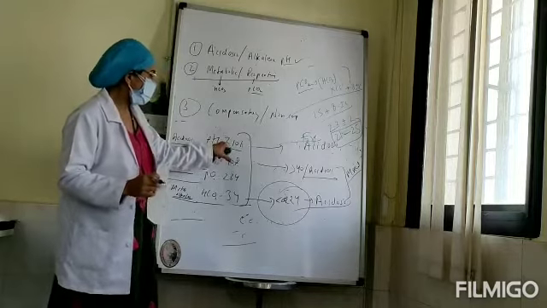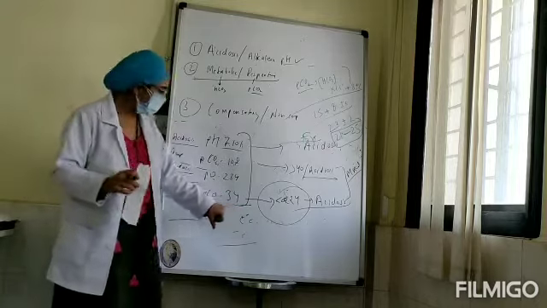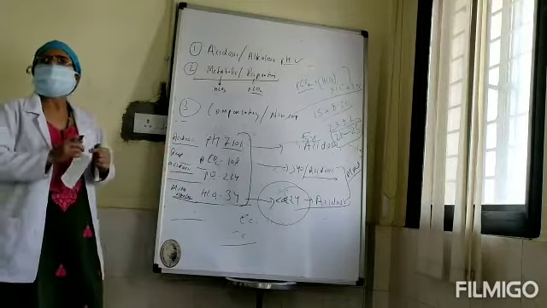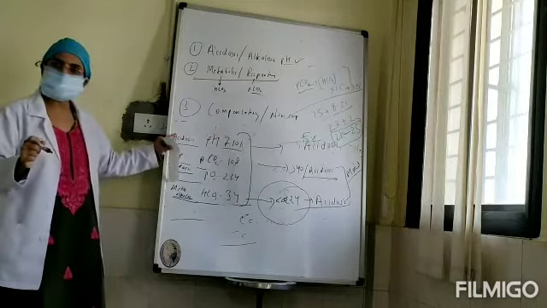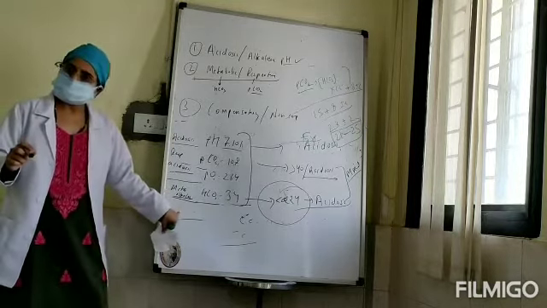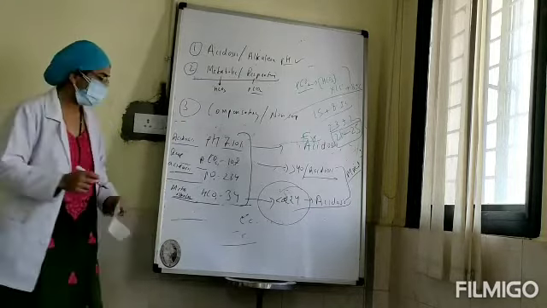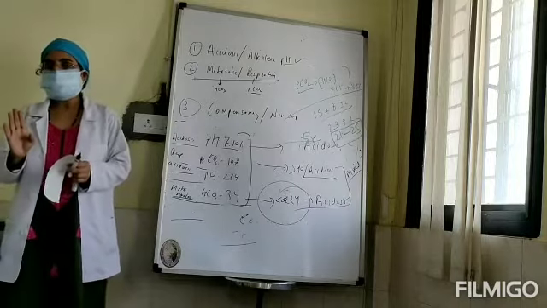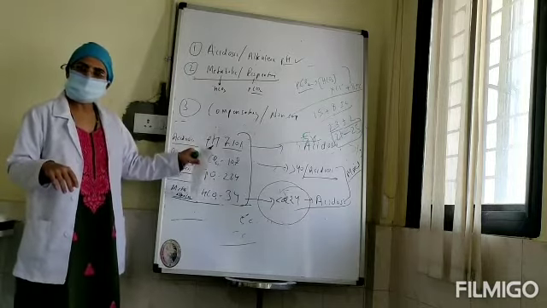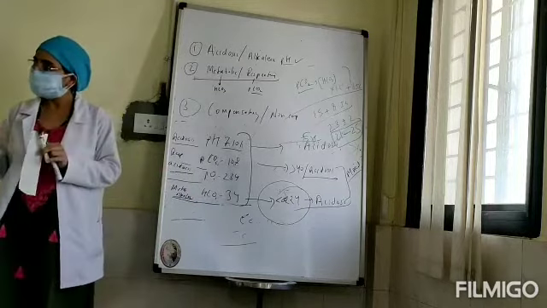So in this ABG, the CO2 value is 108. The bicarbonate value should have been 38. Instead it is 38. So acceptable. So this is a mixed ABG. Still, for answering questions, you can say this is a mixed ABG showing respiratory acidosis and metabolic alkalosis. You can say partial compensation. Clear? So this is a partially compensated ABG. How do you read it? Respiratory acidosis with partially compensated metabolic alkalosis. Clear? Very good.